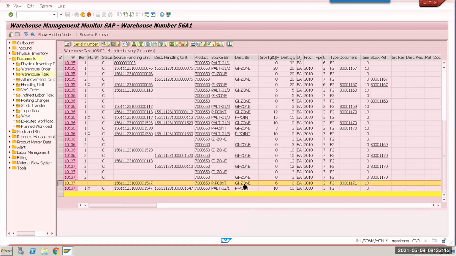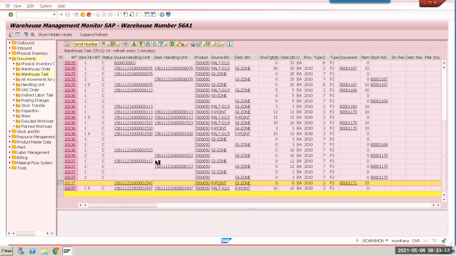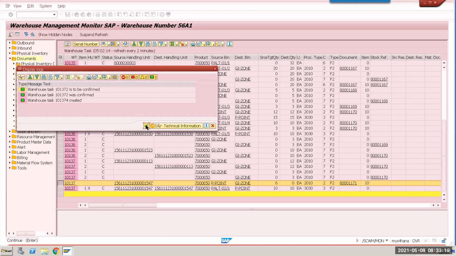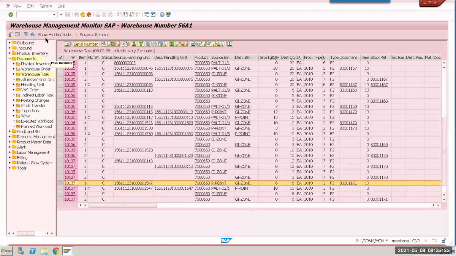I'm going to confirm pick point to GI zone. So it's working. From the pick point, I have 3 HUs right now. Earlier 2 HUs and this one. Slash FTW slash ADHU.